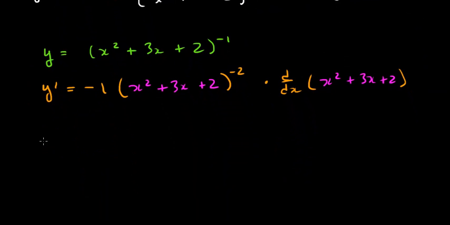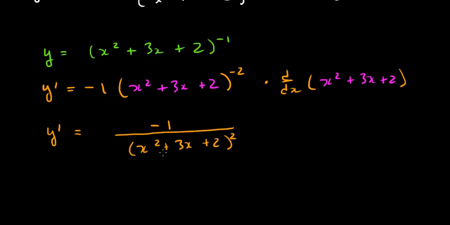So differentiating via the chain rule gives us the same answer, which you may see already. Maybe we'll write this as a -1 on the top and move that negative exponent to the bottom. So this is going to be x squared plus 3x plus 2 now to a +2 power. And of course multiplying by the derivative of x squared plus 3x plus 2 is going to be multiplying by 2x plus 3. And you can see that's just going to get tucked in the top,